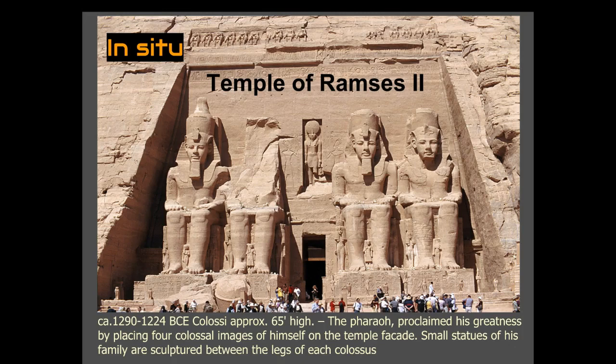Okay, so in situ, again, this is the temple of Ramses II. It's the rock-cut tomb. Resembles a pylon temple. Statues of Ramesses on the facade carved in situ. Remember what that means. In place. The sun god placed over the entrance, so we see him in the middle. The royal family located between Ramses' legs, so you see them at the bottom between his legs. Sun enters in the center door of the tomb on Ramses' birthday, October 21st, lighting up his statue, which is deep within the interior. Interior sculptures of Ramses are carved in reserve